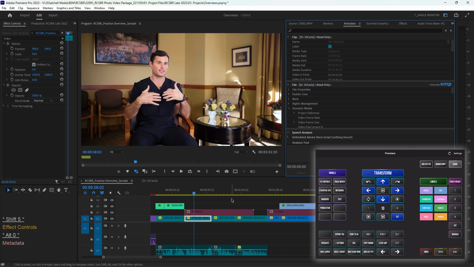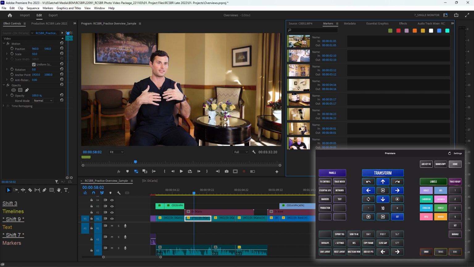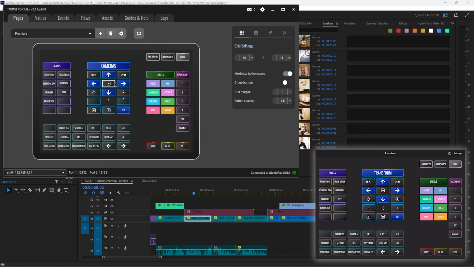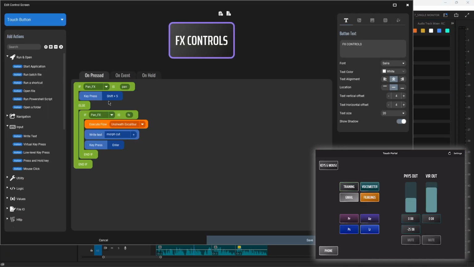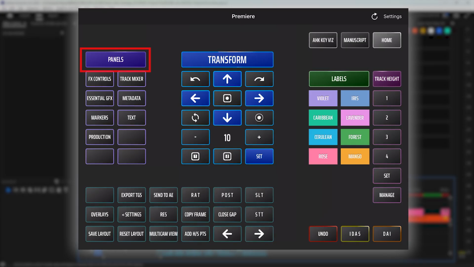I have a lot of the keyboard shortcuts memorized for the timeline and stuff like that, but for some of the more obscure ones or hard to reach on the keyboard ones, it's nice to just have a button that will jump me there. And really, again, all it's doing is pressing the shortcut for that panel. Then if I tap the title up here, it actually switches to effects, which just gives me quick access to